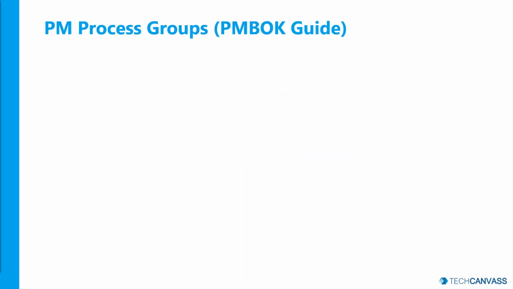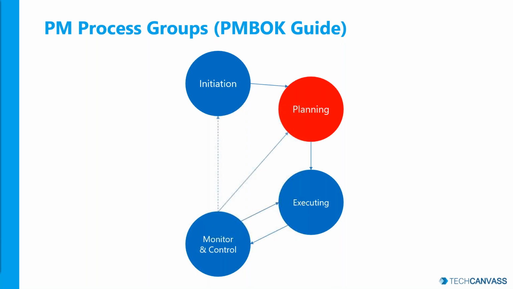So what we are going to use as reference for planning in waterfall methodology is our standard PMBOK guide process groups, right? This is very popular and used widely even today. Your PMBOK guide recommends your project management phases to be divided among these different areas, right? The project initiation, where you actually authorize the existence of a project, where a project manager gets assigned to a project, okay, and the project manager kicks off the project, right? And our focus of discussion today will be around the planning process group.